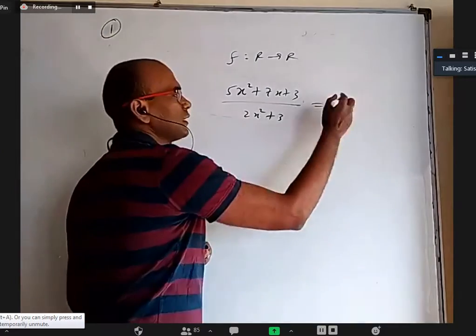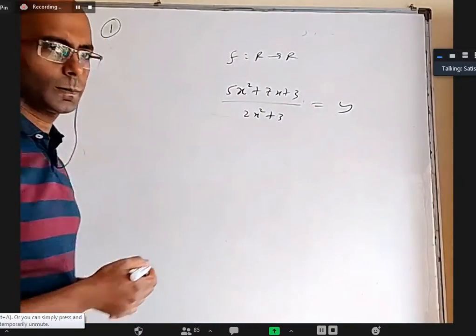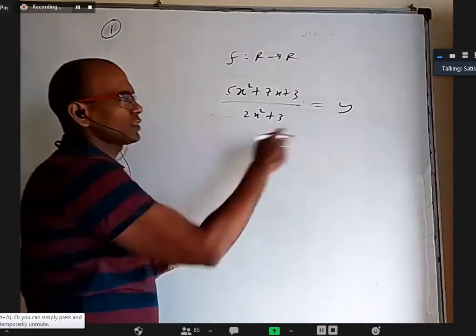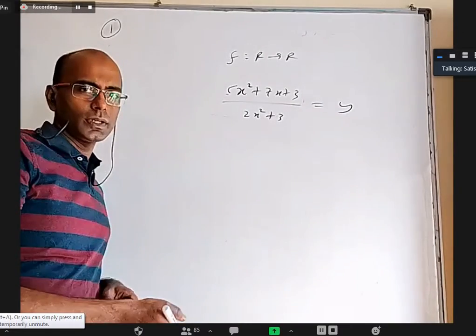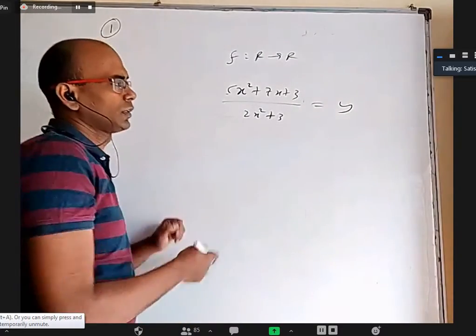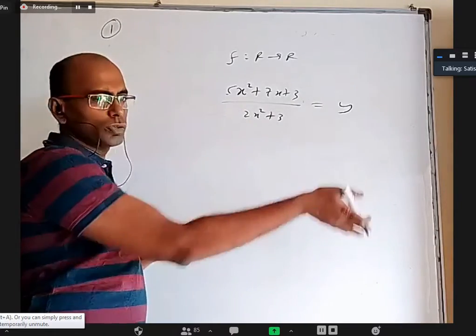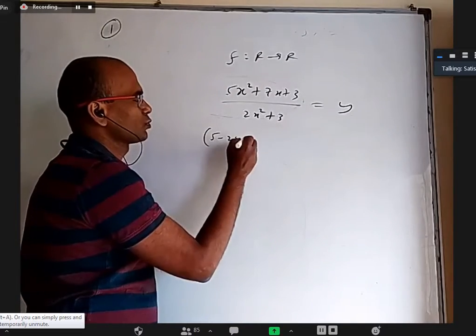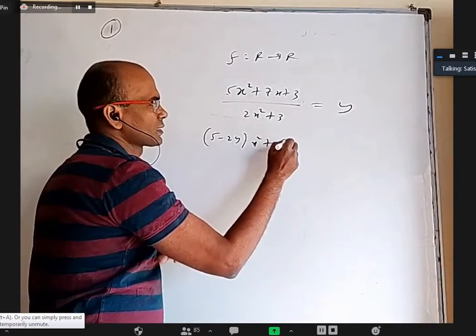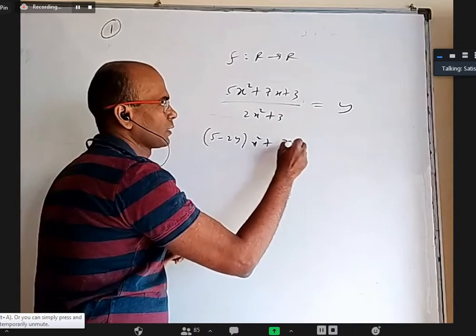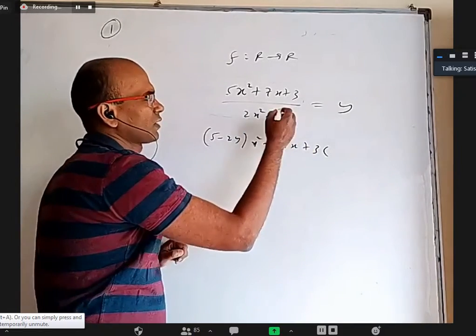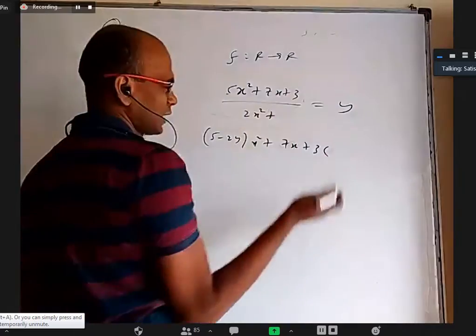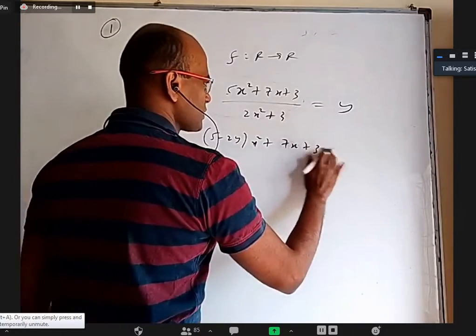How to do it is take it equal to y and then do cross multiplication. We are looking for those values of y for which this quadratic equation has a solution. That is a domain based case. So that is a range. For which y values there are pre-images, those y values put together is called range. So when you bring everything to one side, we get 5 minus 2y into x square, 7x plus 3 minus, let's say instead of 3, I will write some 4 here or something. I don't want to put the same 3, but you put what is there in it. 3 minus 3y.